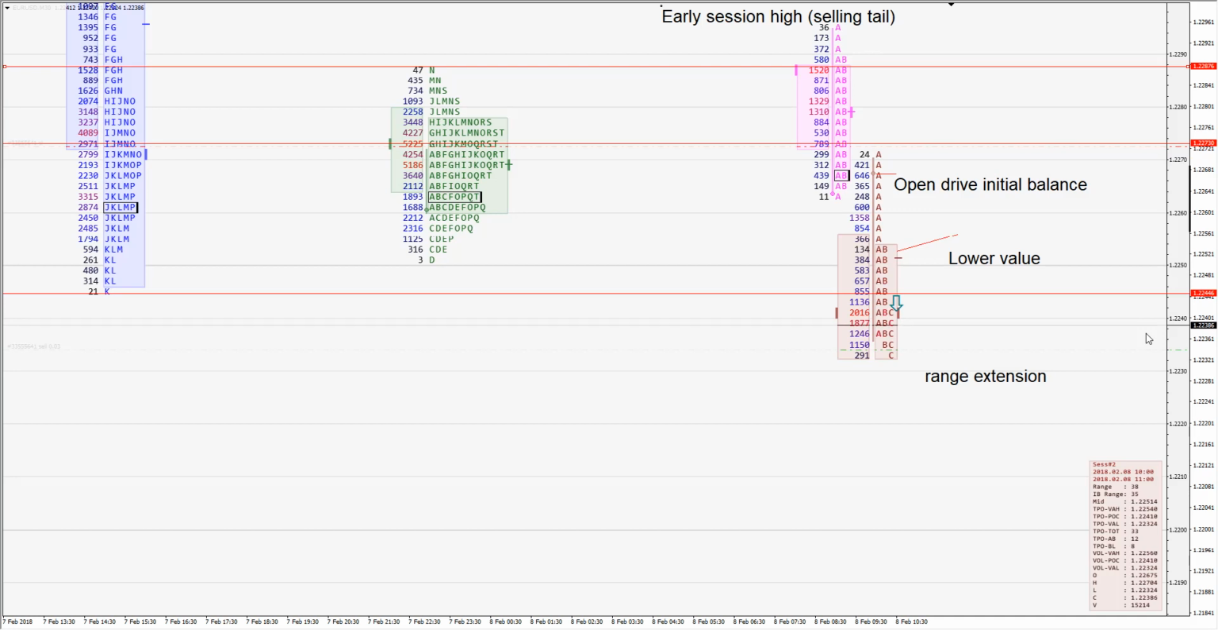And that is very good, because we're shifting the point of control lower, we're shifting the value lower relative to the previous session, right? So we read many things here. I just wanted to explain some of the basics to understand how much information you can have using the TPO chart